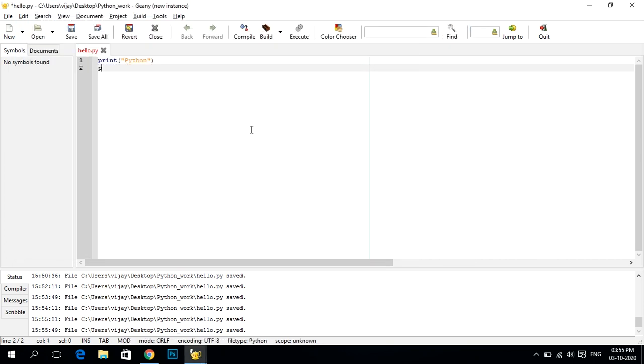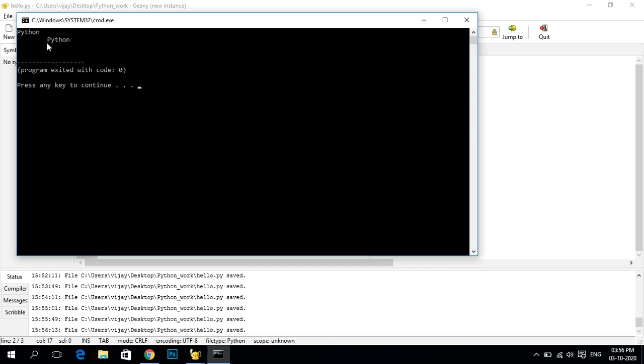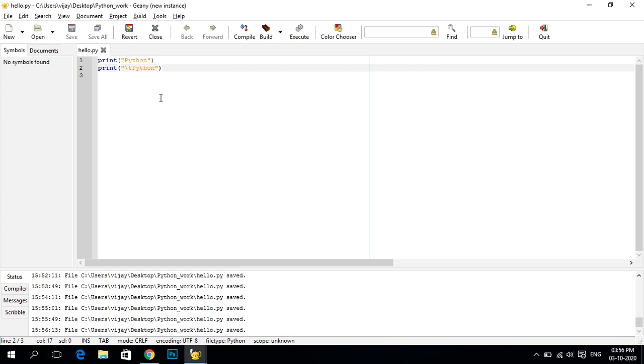But when we use print with a tab, for the tab we use backslash and t, and we write Python. When we write this, let's check what happens. This will give one tab here. This tab is used to give white space to the string.